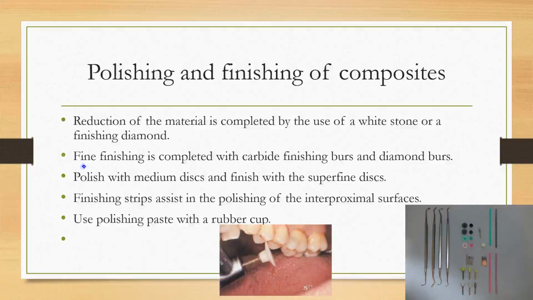So the dentist will actually reduce using different burrs. We have fine finishing burrs, such as carbide burrs, or even diamond burrs can be used. And also we have super fine discs. If you don't have them, it's okay. Some dentists have them, some don't, so it's still fine. So usually they use a slow speed handpiece, so you also have to prepare that, because during the cavity prep we'll be using a high speed handpiece,